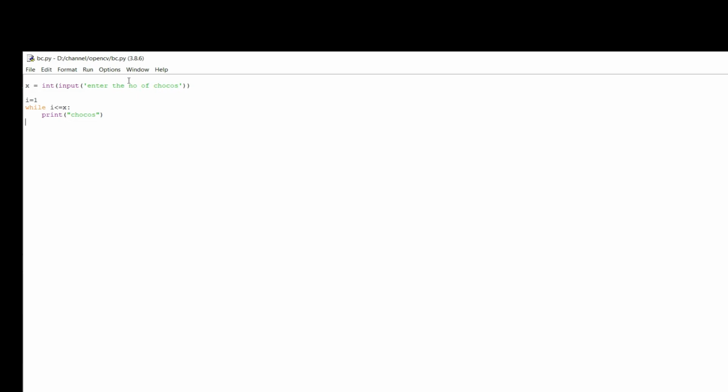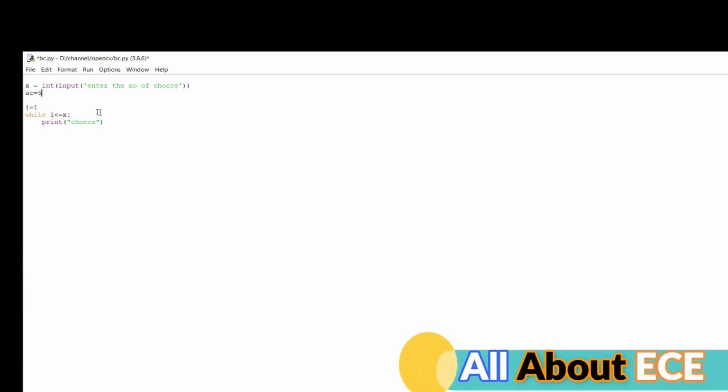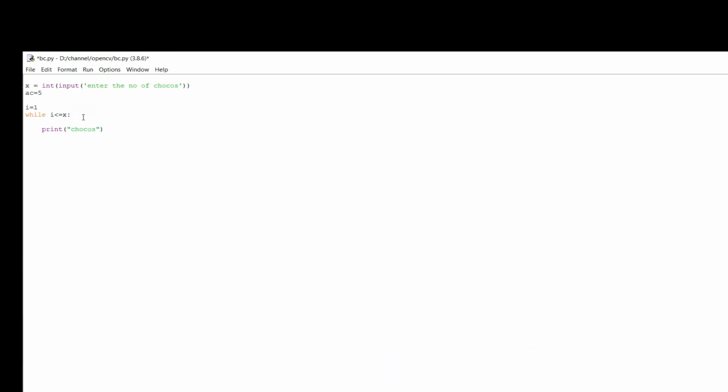Let's say in the vending machine I have only 5 things available. In this case, I'll write a condition: if the value I am entering is greater than what is available, then I need to print out of stock.